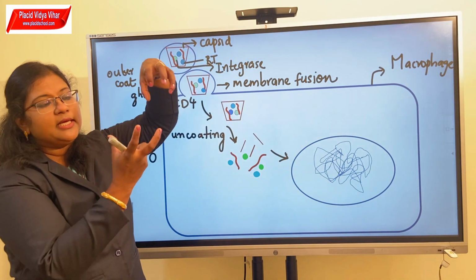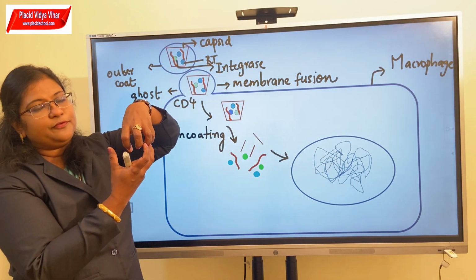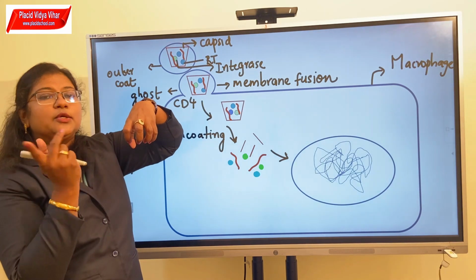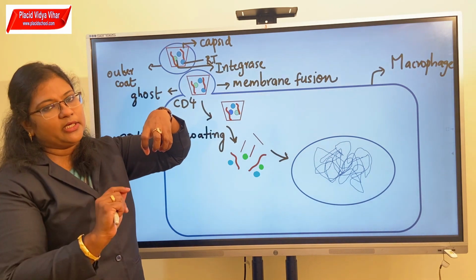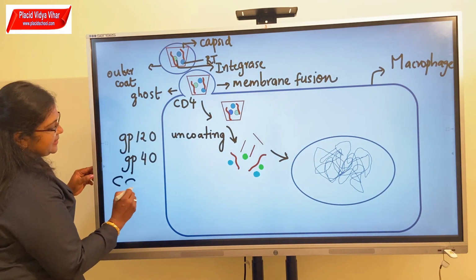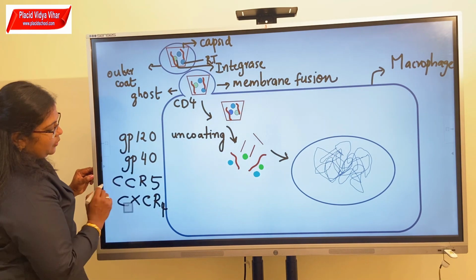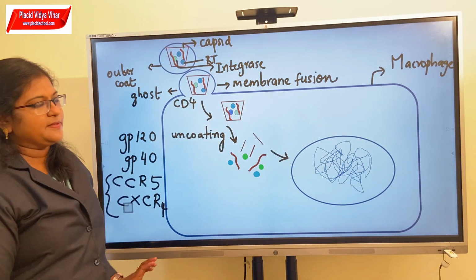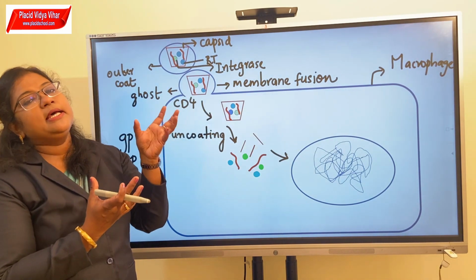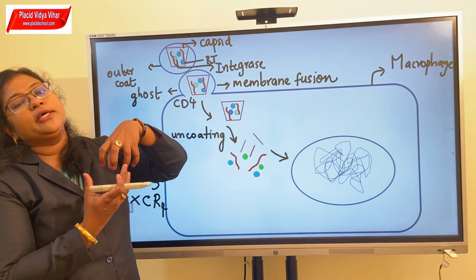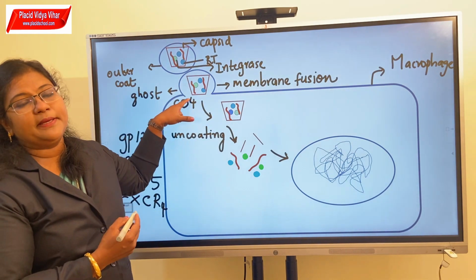So on the surface of the cell membrane, the receptor will be there. The virus will come and bind to the surface using its glycoprotein 120 and 40. Along with CD4, two other co-receptors may also be involved. One of them is CCR5, and another one is called CXCR4. So CCR5 is a co-receptor and CXCR4 is another co-receptor. We will study about these in detail, just remember the names. For the time being, understand that if a cell has a CD4 receptor on its surface, the HIV will bind to that CD4 using its glycoprotein 40 and glycoprotein 120. And this process is called membrane docking.